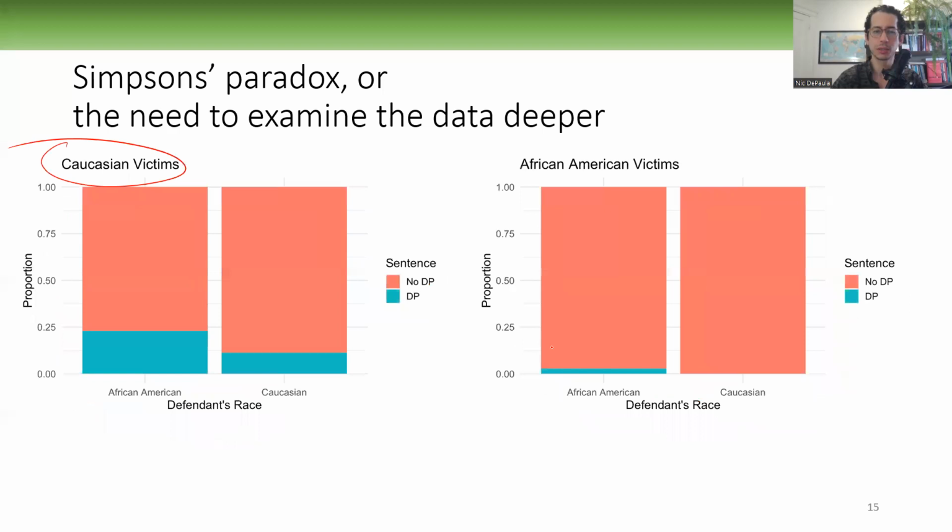So the point here is that we often need to look for confounding variables, for other variables that are impacting the results that we have, other variables that help clarify and understand the domain or the set of relationships that we are interested